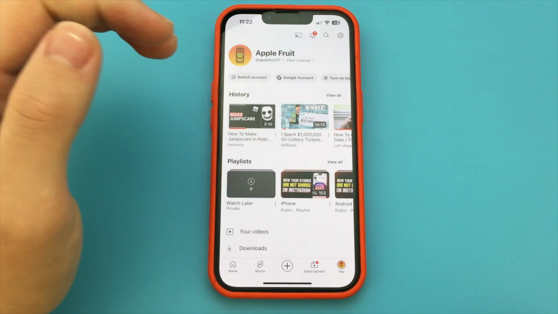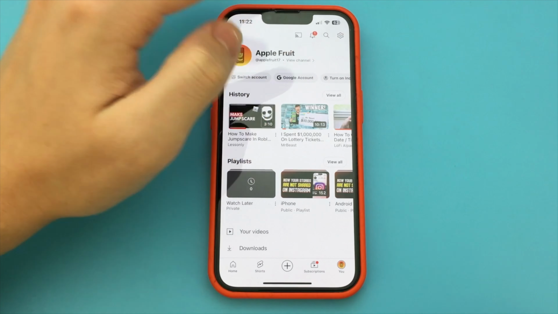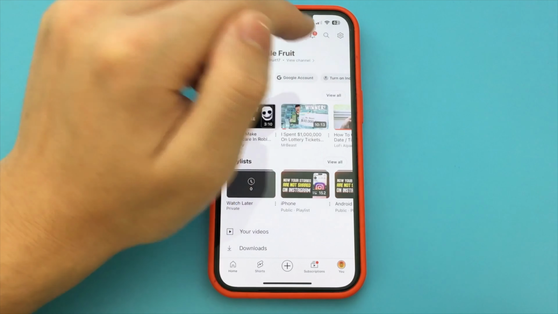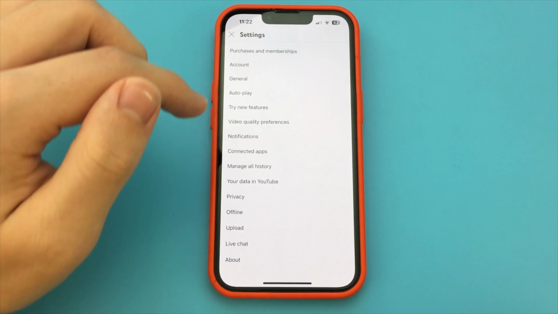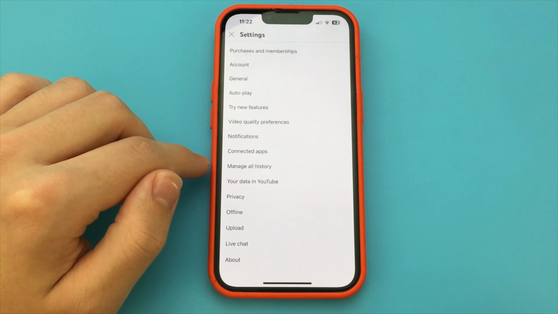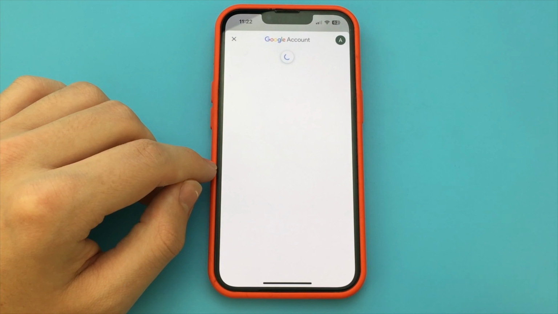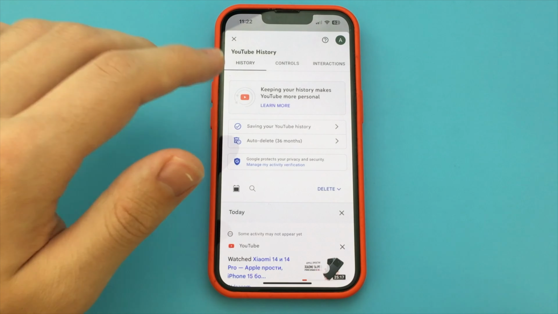You click on that. Now you go down a little bit further, and here we find History Setting, and here we have YouTube History, and we click on that item. And then at the bottom we click on Manage All History, and this opens up a list of all the videos that we've watched.